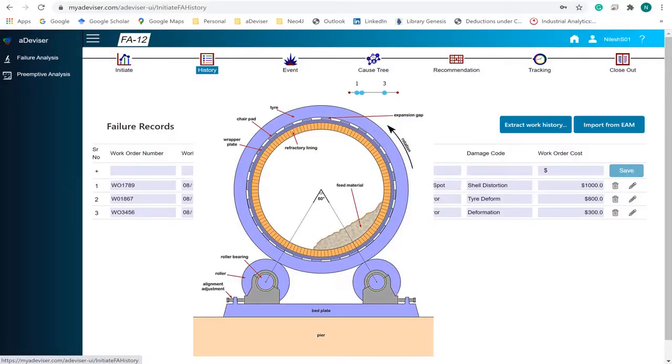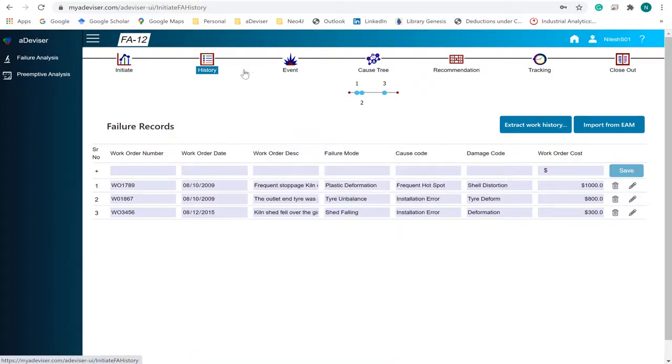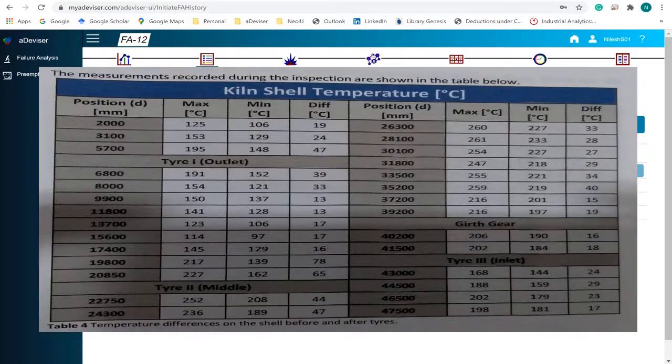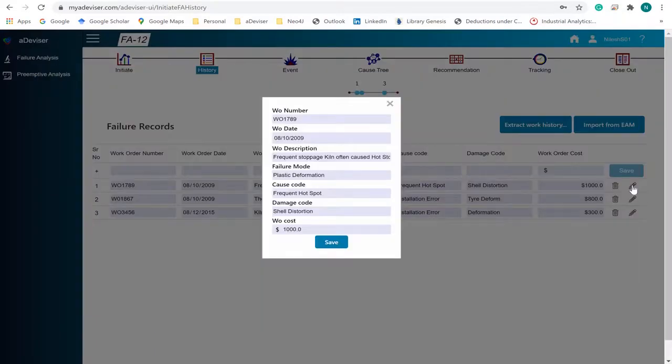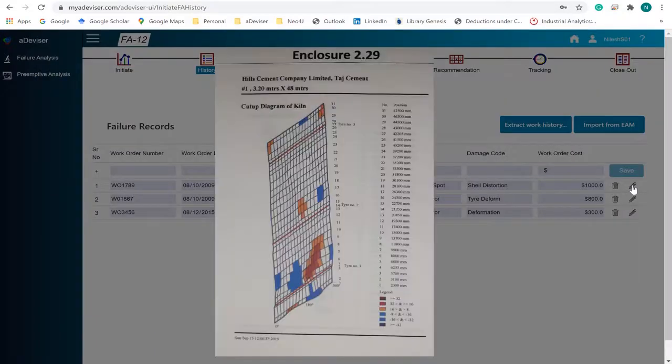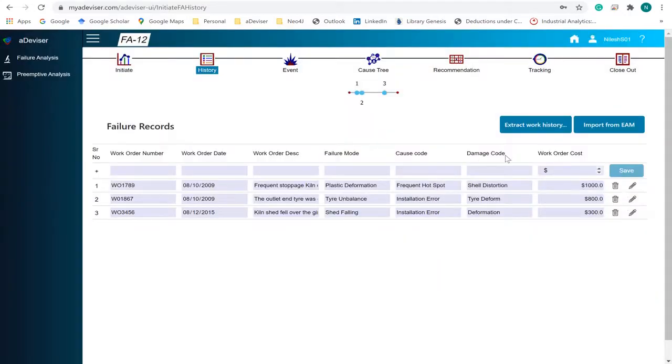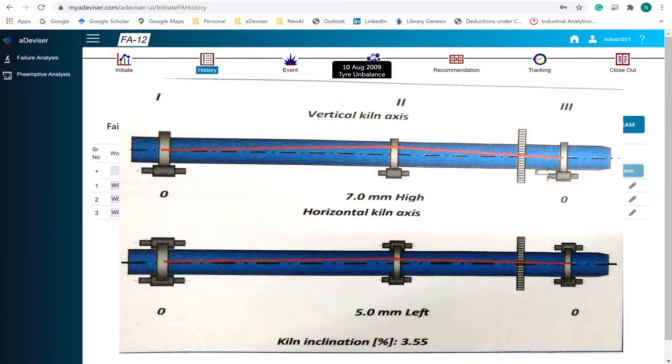Review of the kiln history revealed that soon after commissioning of kiln in August of 2009, there were frequent stoppages for multiple reasons. As a result, the kiln went through a lot of hot stoppages, resulting in minor plastic deformation and shell distortion ranging from negative 8 mm to positive 32 mm between location 5.7 meter to 15.6 meter from